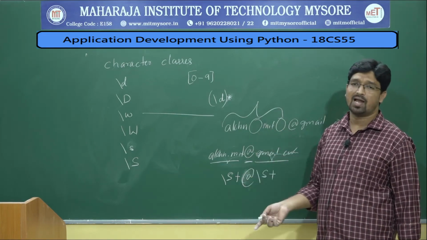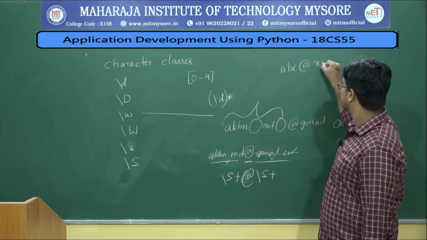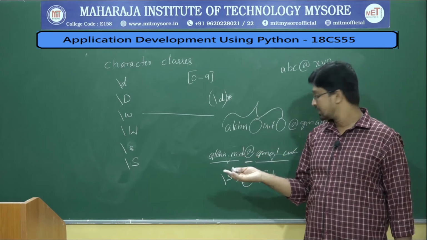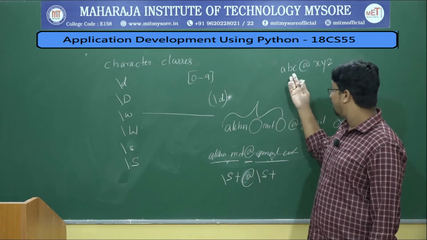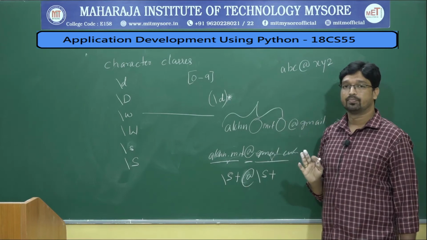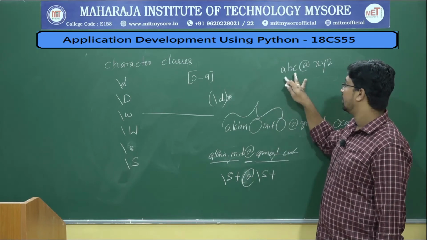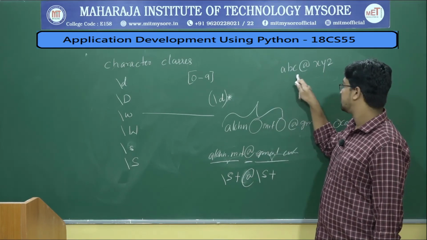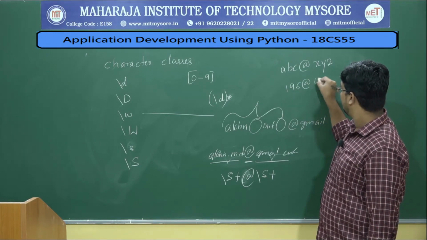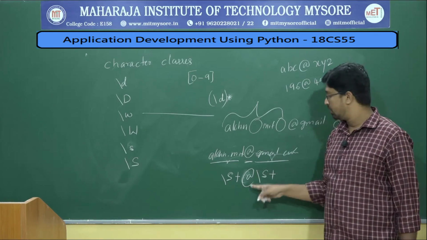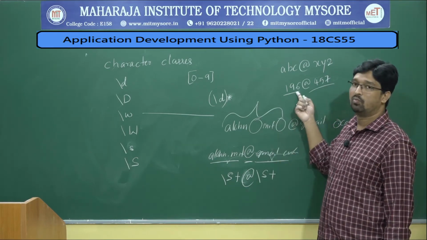But again, you need to check whether it's a valid email ID or not. Let us say some people can write abc at xyz, but it cannot be a valid email ID. As per this regular expression, this cannot be a valid email ID, but this regular expression will match this as a valid string, not a valid email ID. As per the rule, it has ABC, that is non-white space, at, again non-white space. Let us say 196 at 457, even this is valid, because we have non-white space characters, so it will work.